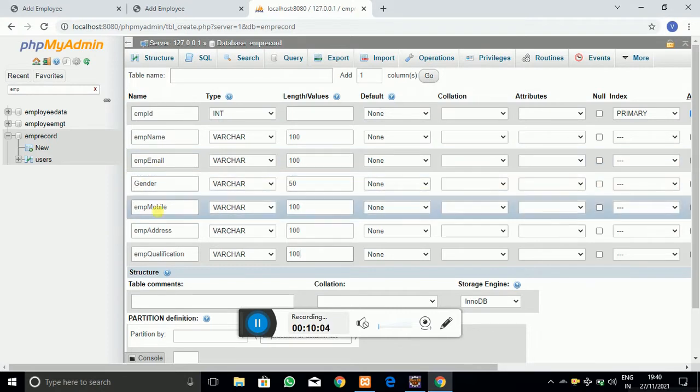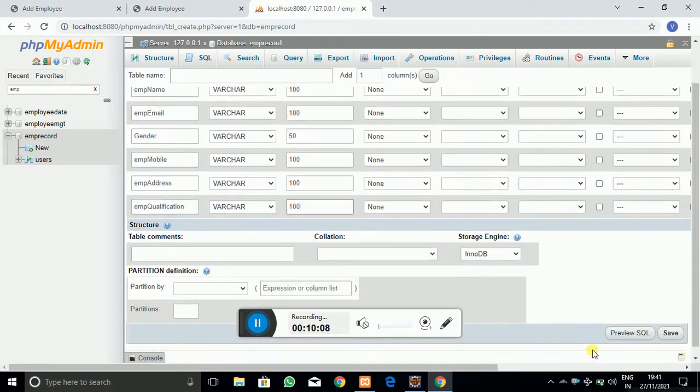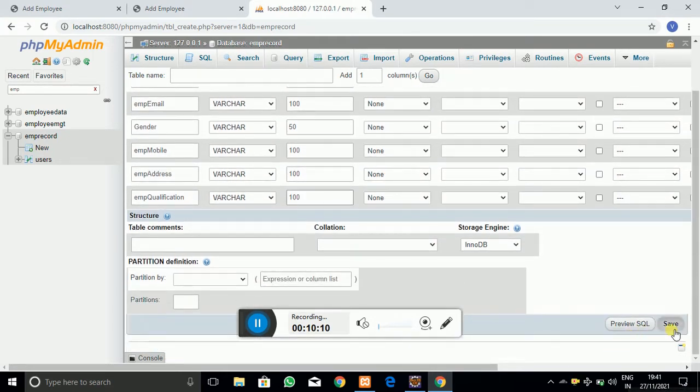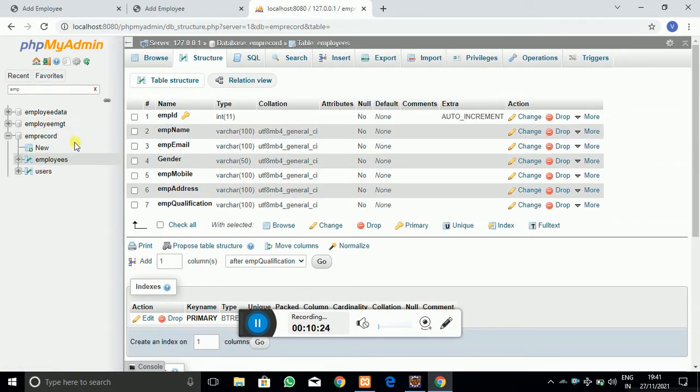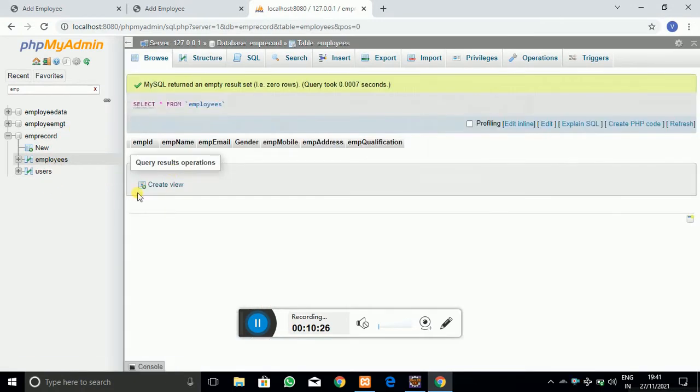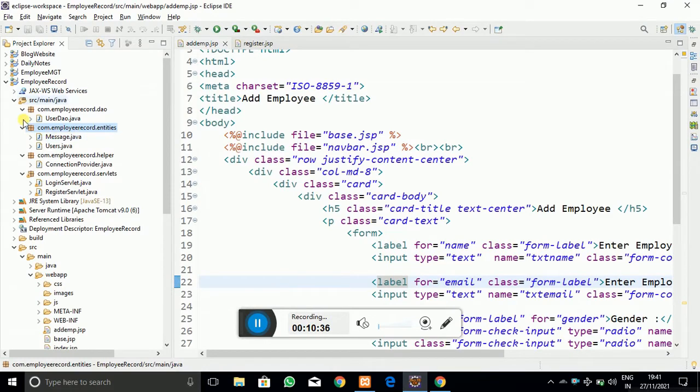Let me create the column names here and click on save. The table name is employees, and let's click on the save button, and as you can see, with our specified fields the employee table is going to be created in front of us. Now we have to create the entity.